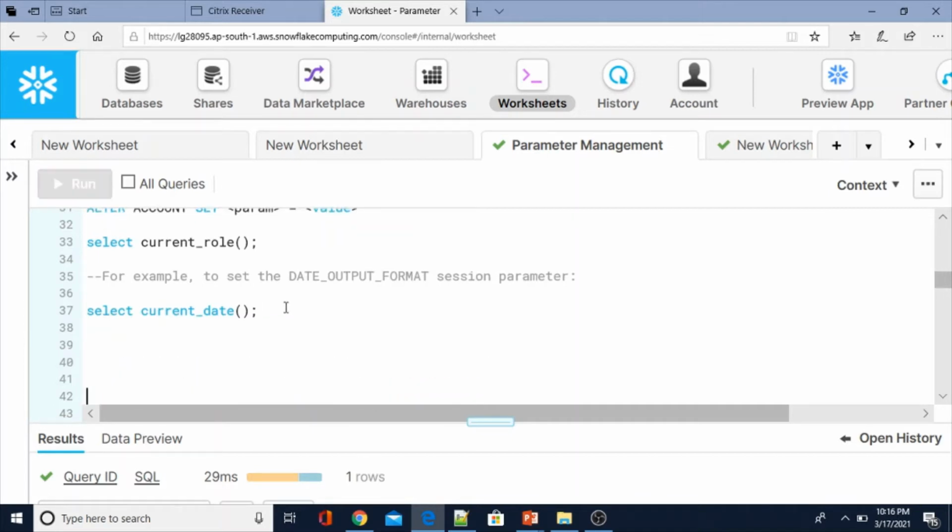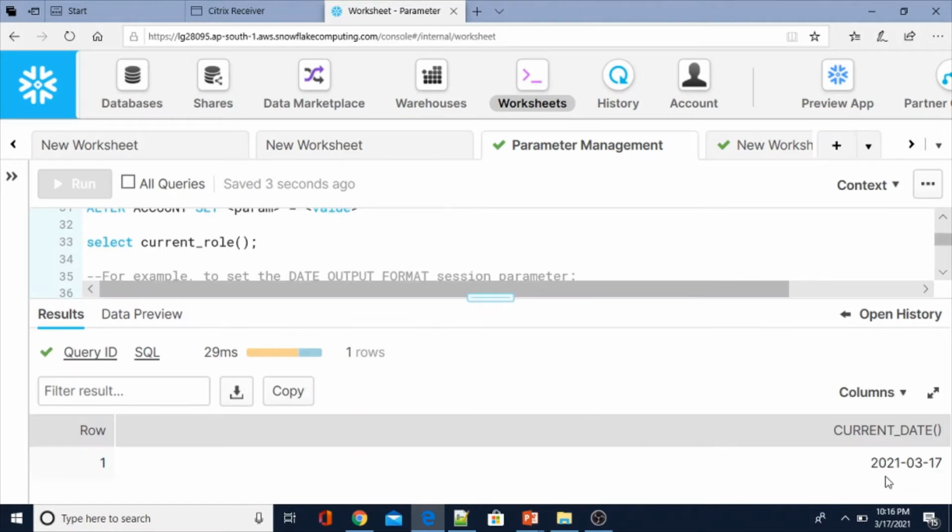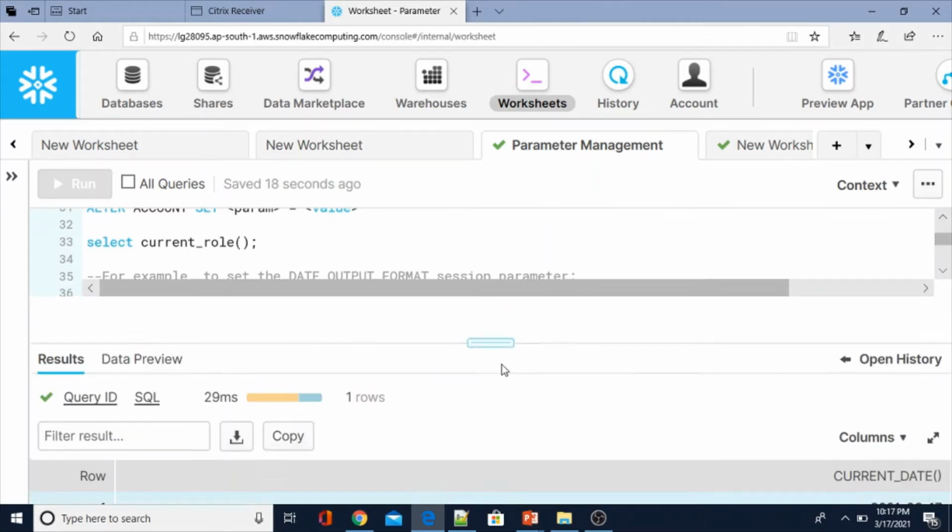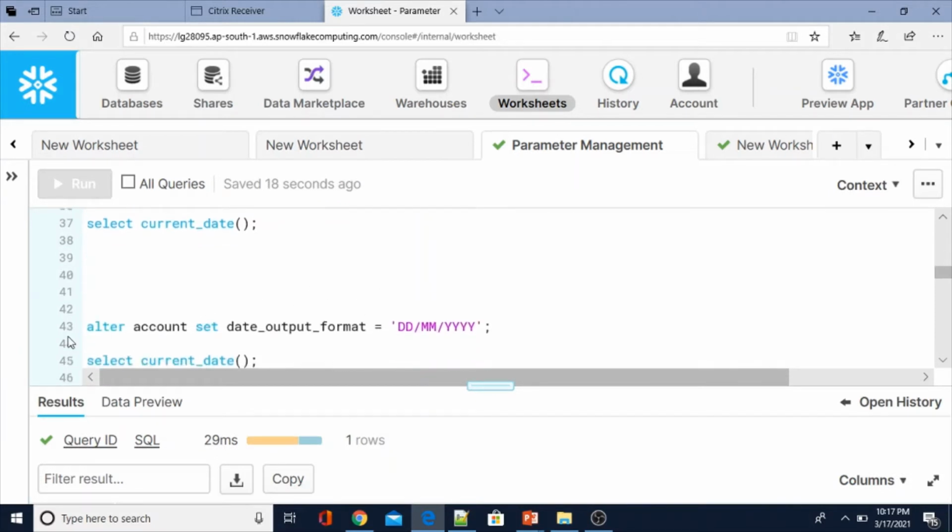Here the output format is 20210317, that means YYYY-MM-DD. Now I want to change this value. For that, at account level, alter account set date output format parameter equal to DD/MM/YYYY. So now let me set this one.